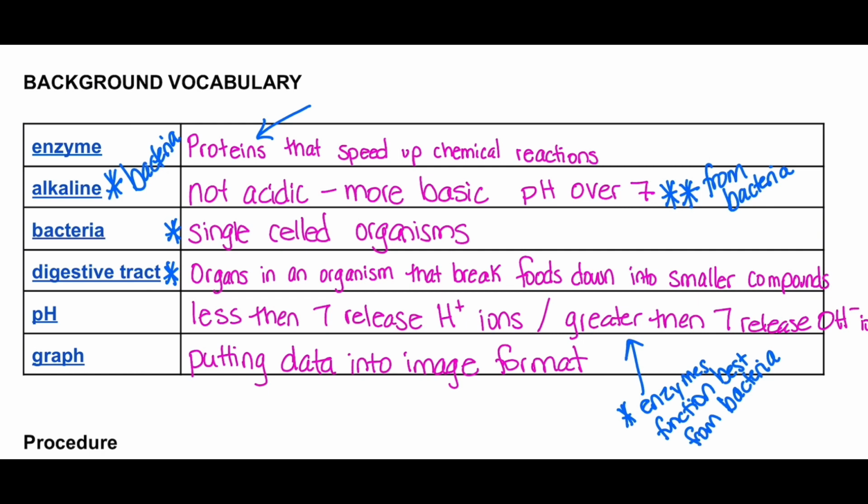Now, we also want to remember that the bacteria are in a hot spring. So that means that we're also going to want to look and find out which enzyme works best in high temperatures. And so if it works best at a high temperature, then it must be from the bacteria as well. So we're looking to find one that is going to work really well at a very high pH, and we're looking to see what enzyme works best at higher temperatures. The other 2 enzymes then will be from the